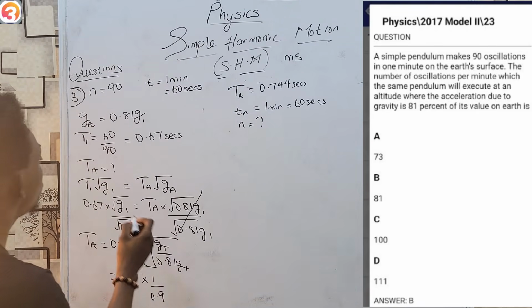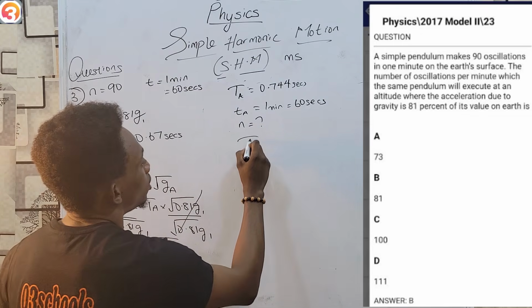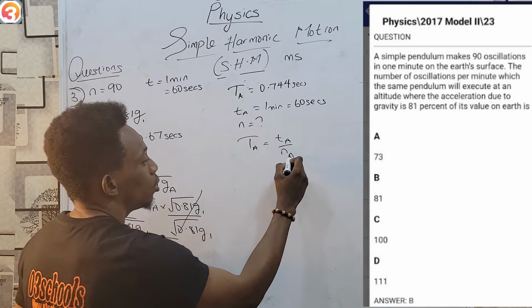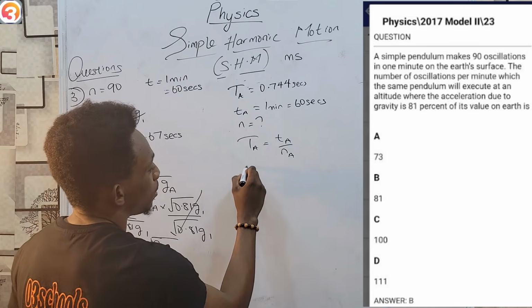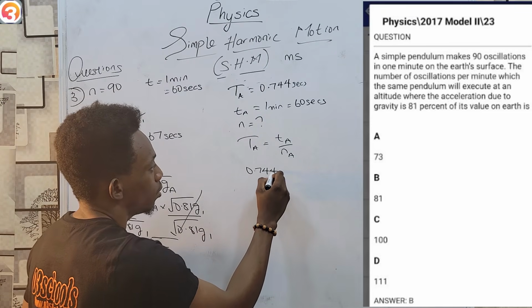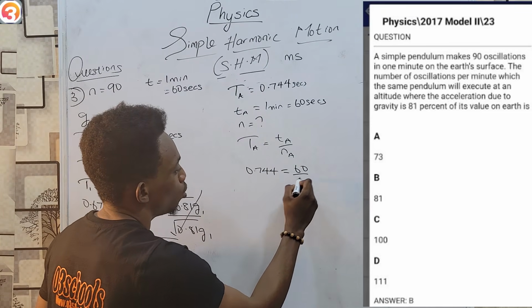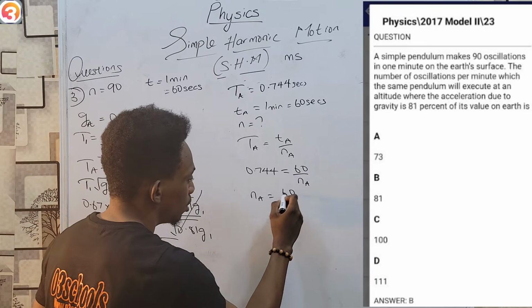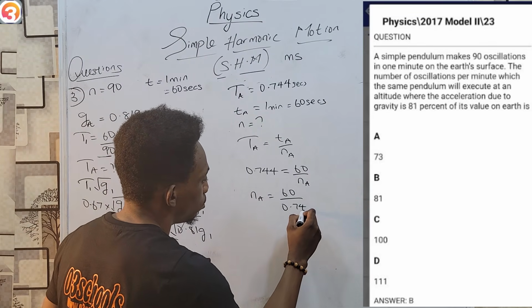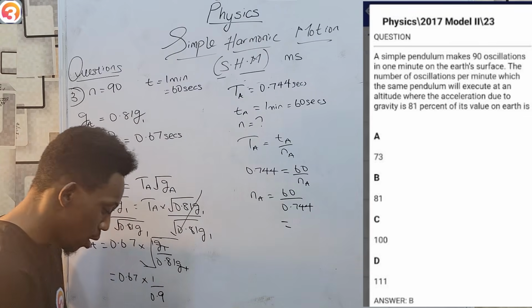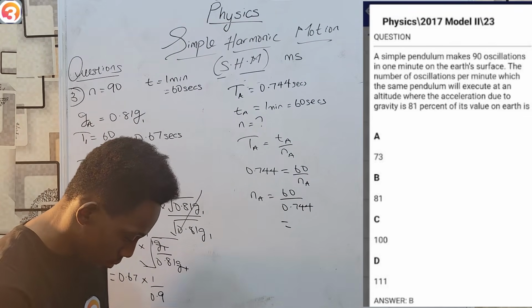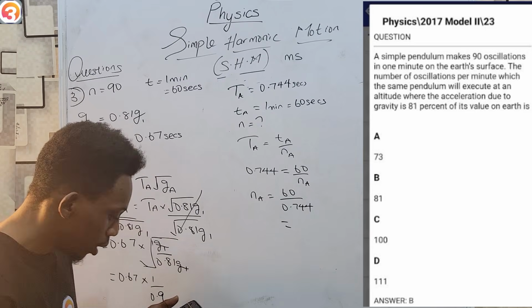And as we are aware, the same formula we used here, T equals time over number of oscillations. That becomes 0.744 equals 60 over N. The N becomes 60 divided by 0.744. And simply pressing that into your calculator gives you